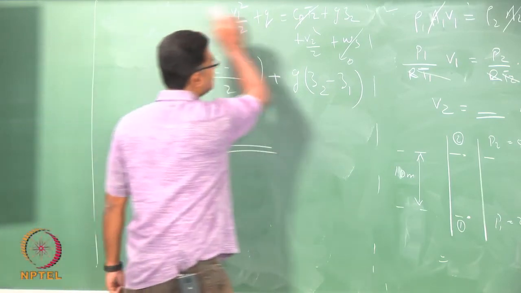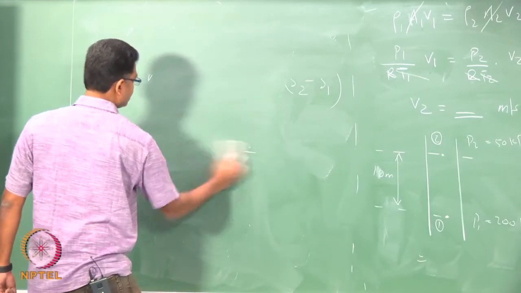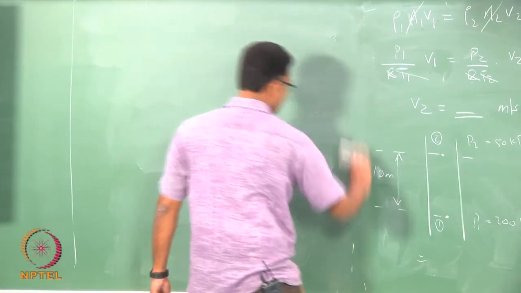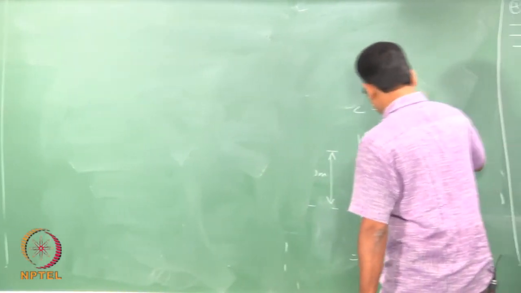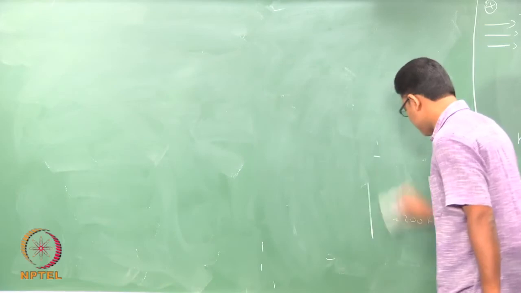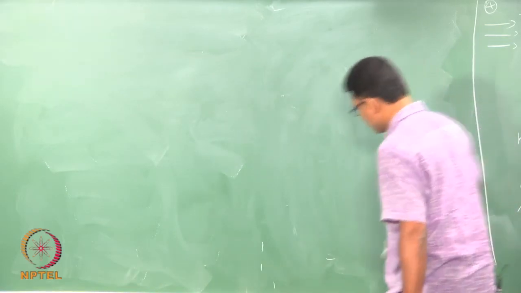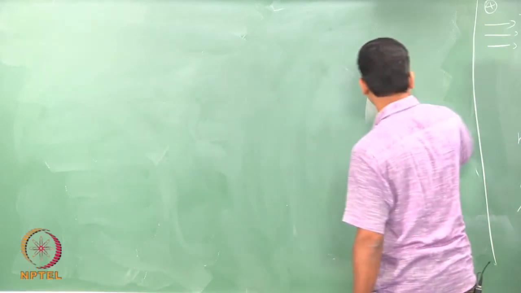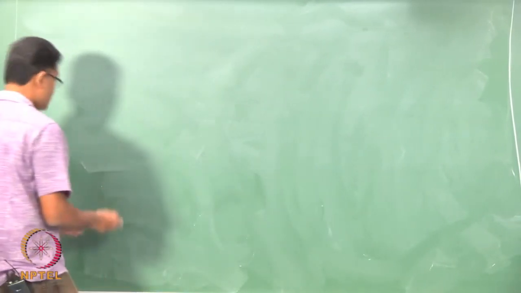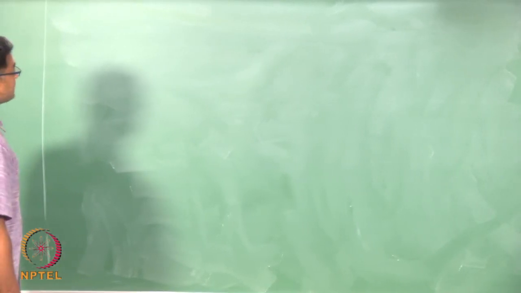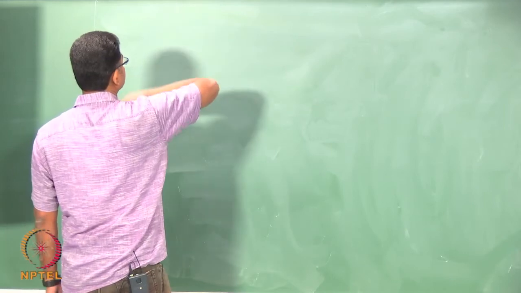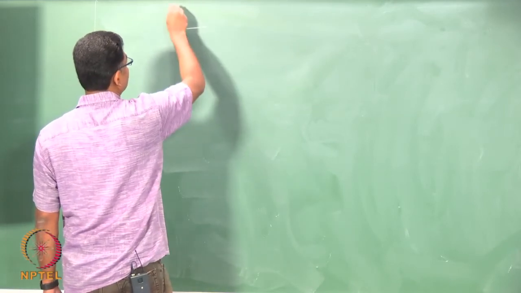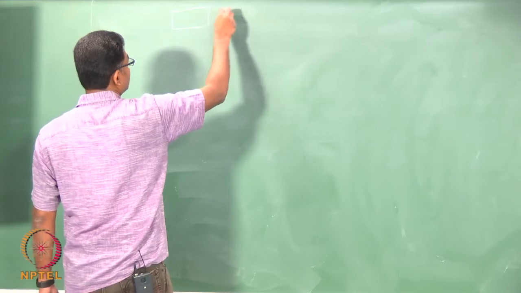Now, let us look at something similar. So, what we are discussing here is just the mass conservation and the energy conservation and the momentum conservation. So, these are some of the examples, some of the areas where you could apply these equations which we had derived in the last class. So, another case is something called